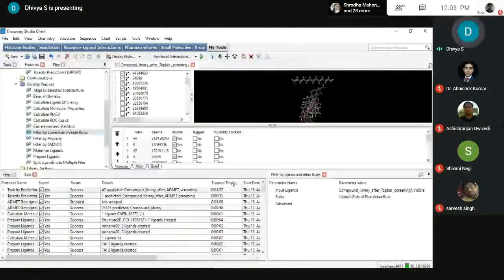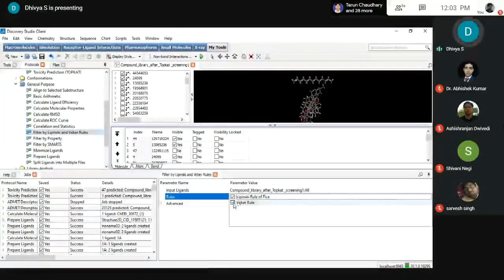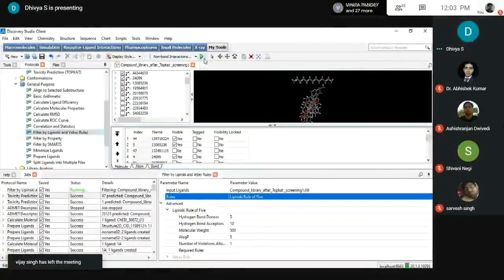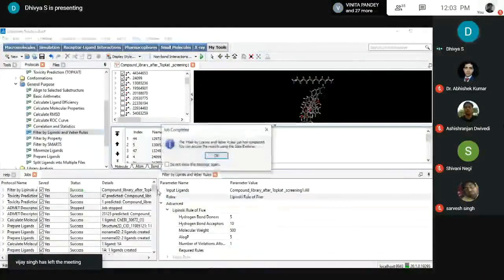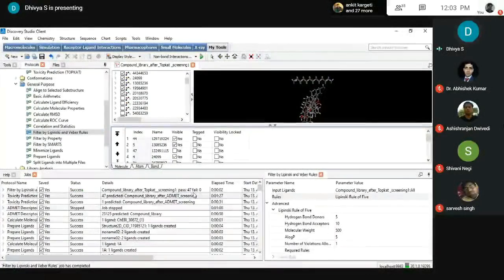Now we are going to use these molecules for screening the drug likeness properties, all the rules and the Lipinski's. Now I'm sticking only to Lipinski's, it's very important, and then you run. It's a filtering of molecules and you will get the results. Double click and open the results.